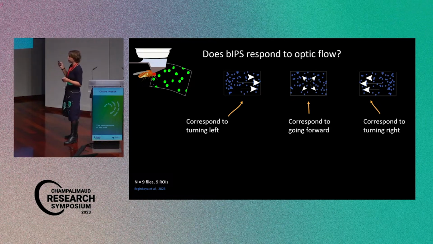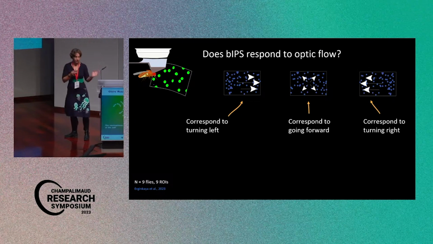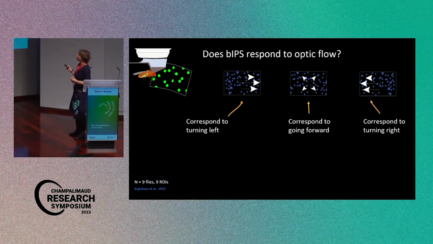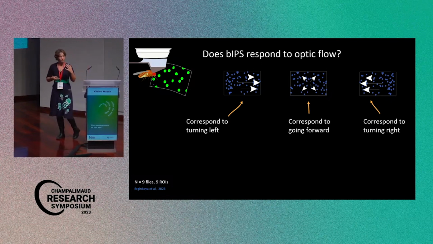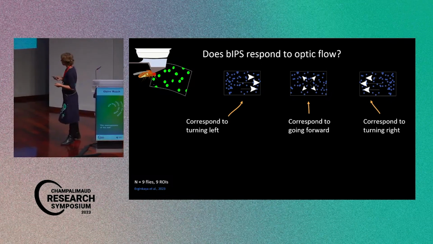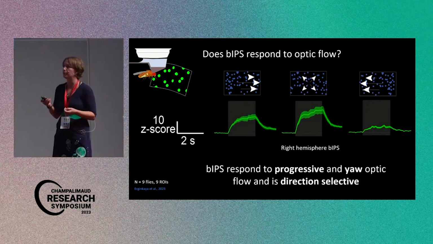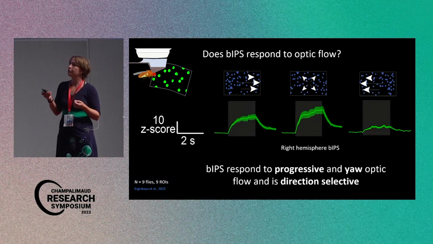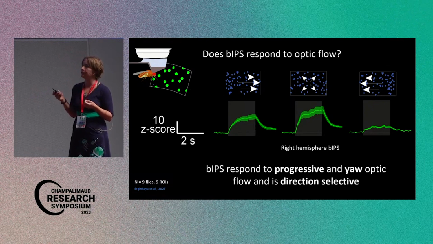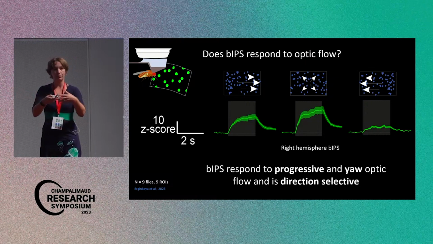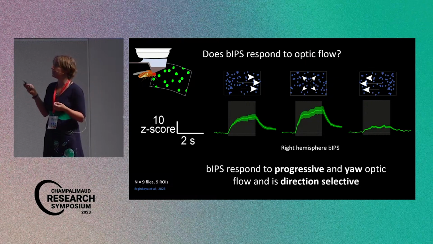I'm only presenting 3 here. So an optic flow toward the right, which corresponds to a left turn, an optic flow toward the left, which corresponds to a right turn, and an optic flow that is called progressive, that would correspond to going forward. And you can see here the z-score, so the calcium response over time for the 3 different visual stimuli, and you can see that it's responding pretty well to those rotations and to going forward, but it's also very direction